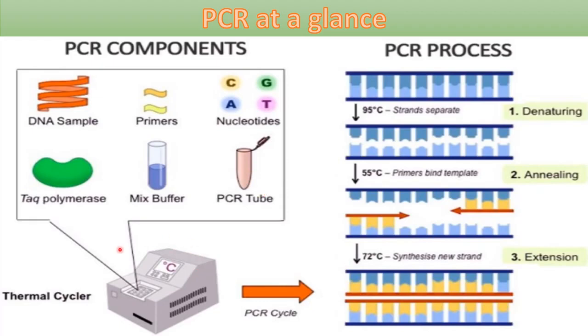Okay, and this is the thermal cycler PCR machine. Okay, all these things we need, and these are all the steps of PCR. First denaturation at 95 or 94 to 96 degrees Celsius we can do it. Then the annealing step is done at 52 to 55 degrees Celsius where primer binding takes place. Then the extension polymerization step is done at 72 degrees Celsius. Okay, and here synthesis of new strand takes place.